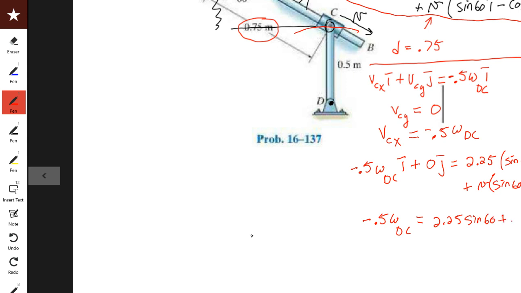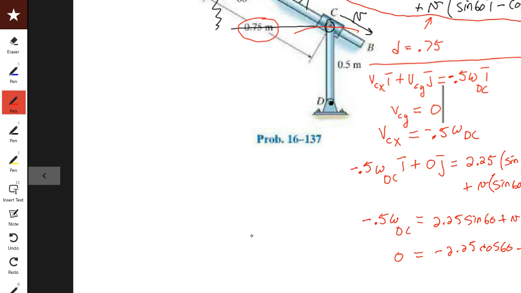I have another one plus v sine 60. Okay, on the left, how many j's? I got none. On the right, I have a minus 2.25 cosine of 60 and a negative v